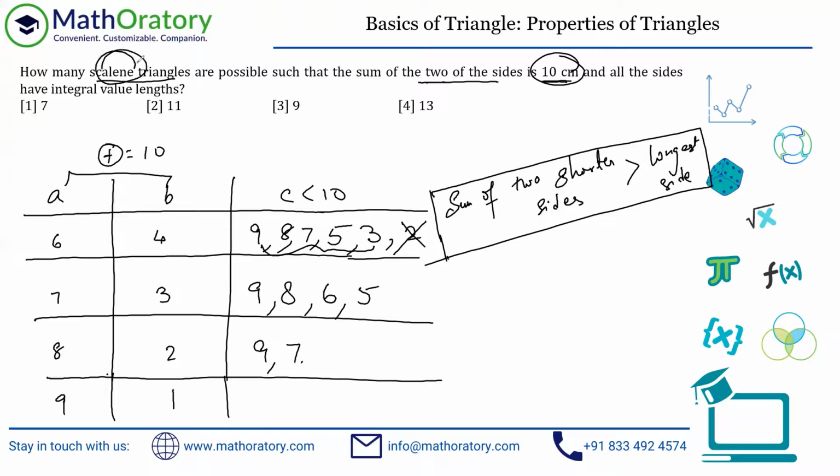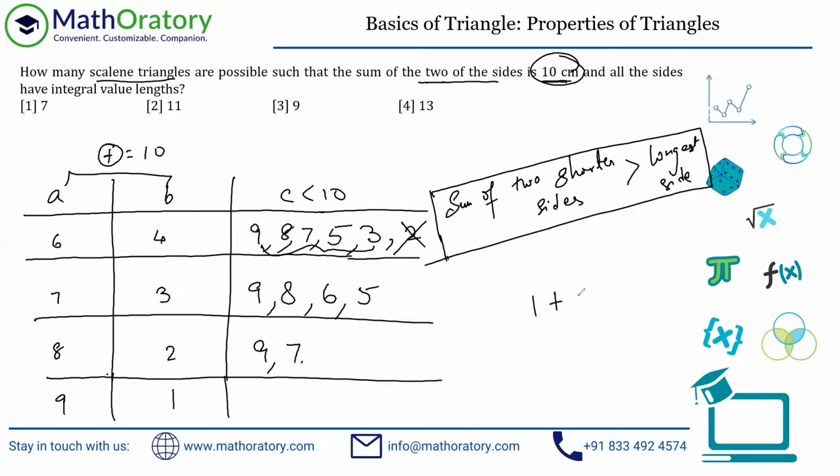If I have a scalene triangle and integral sides, one can never be a side. See, the logic is very simple. If you consider one to be one of the sides, it has to be the shortest side, right? And because it's a scalene triangle, no other value can be equal to 1, because all the sides are integral, right? So it has to be 1. That's one of the shorter sides.